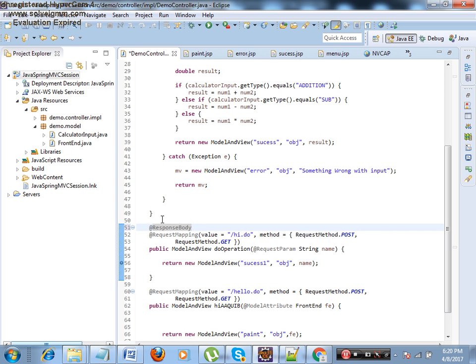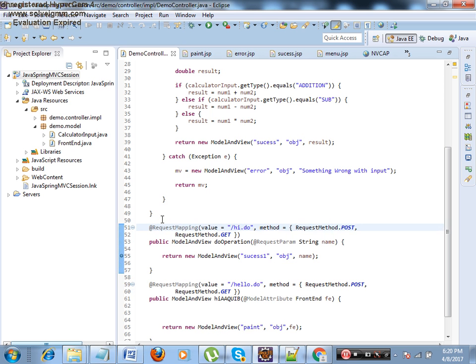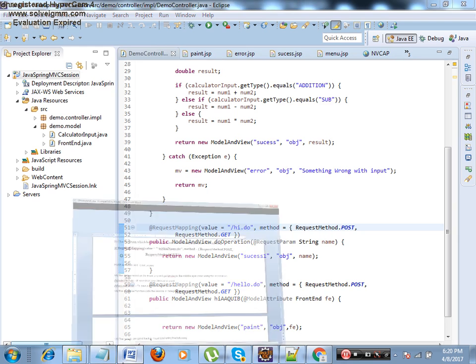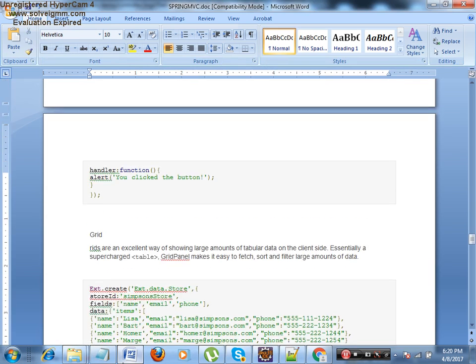Okay, so now let us see a few things. In the front end, for all of your three projects, I have used a component known as the grid component extensively.